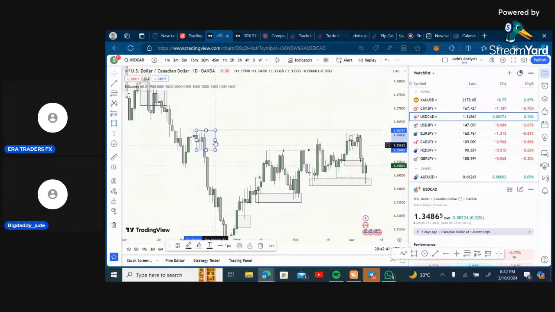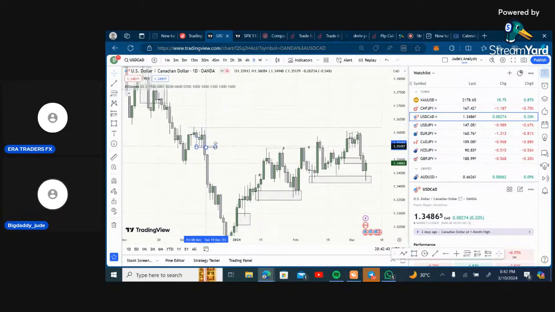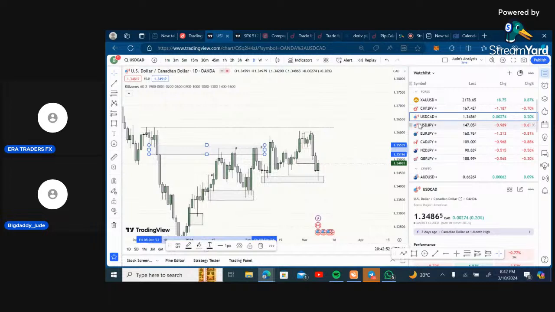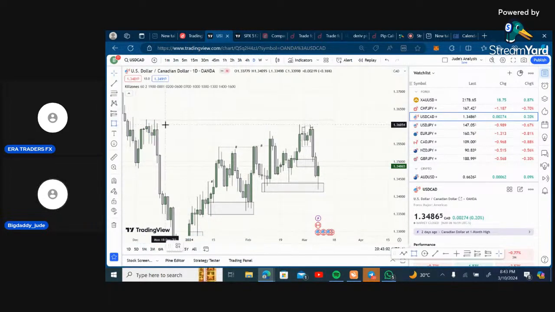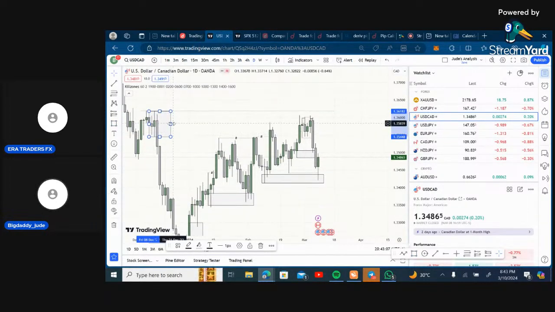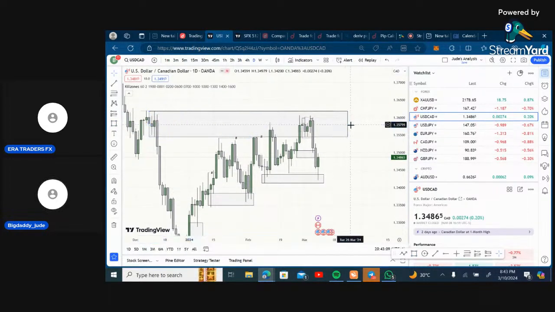Right here. And also we had a fair value gap before the order block. But this zone here has been disrespected. Price disrespected this fair value gap and also this order block. The reason why I'm not expecting this order block to hold price anymore is because I can see a good double top liquidity,